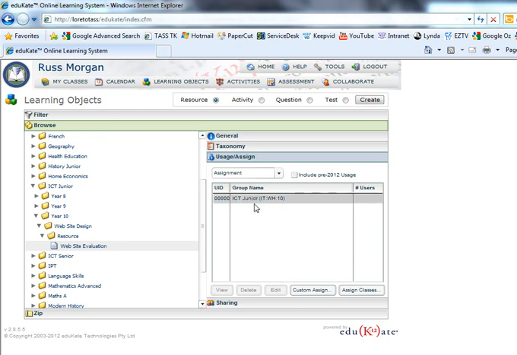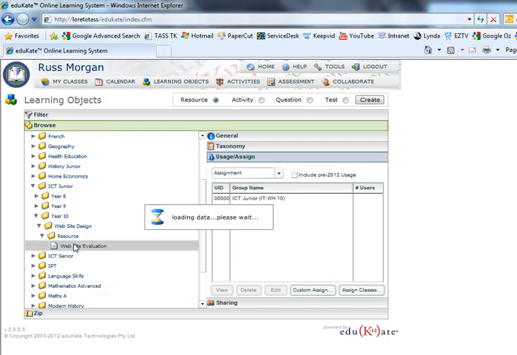So at any point, if I want to reassign this, if I want to assign it to any more classes, I can basically follow the same procedure. I can click on the resource I'm interested in, come over to my Usage and Assign tab, and click on Assign Classes to go and give it to the classes that I wish to have it. I might decide that there's something wrong with it and I want to get rid of it. If I want to delete it,